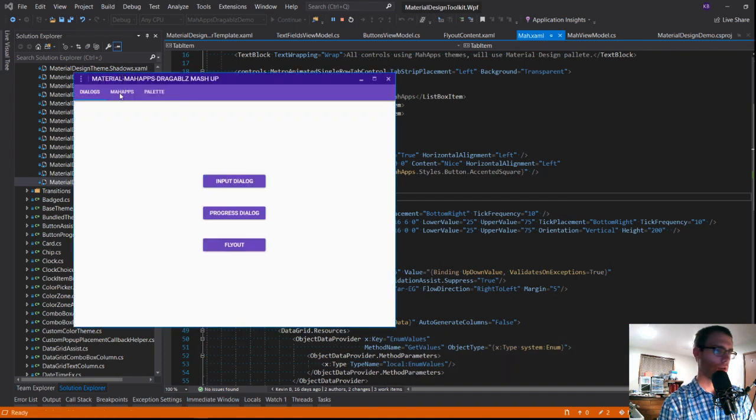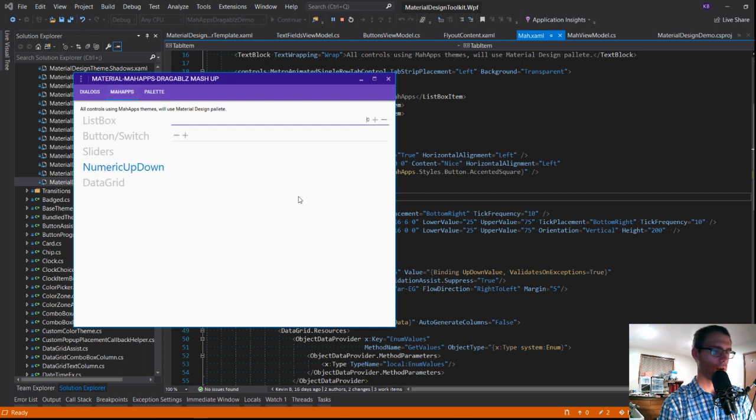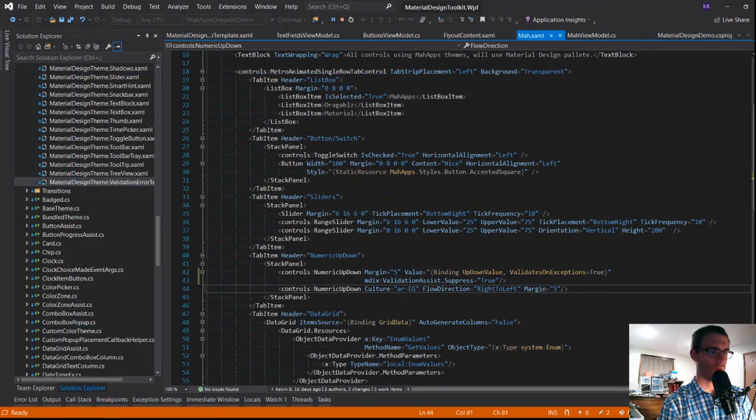Okay, so my app's there, numeric up down. Ooh. That is making me question a few things now.